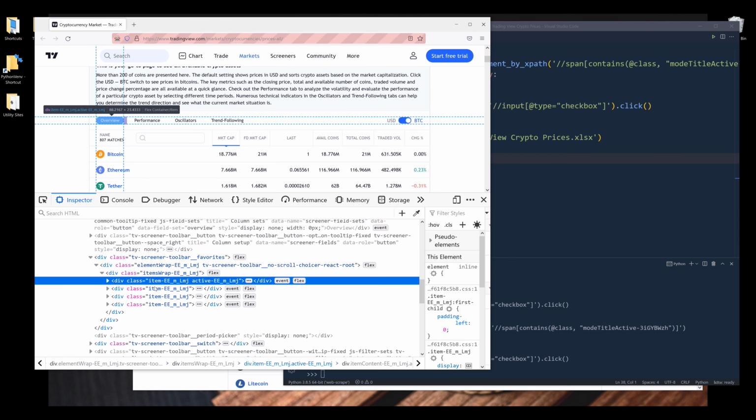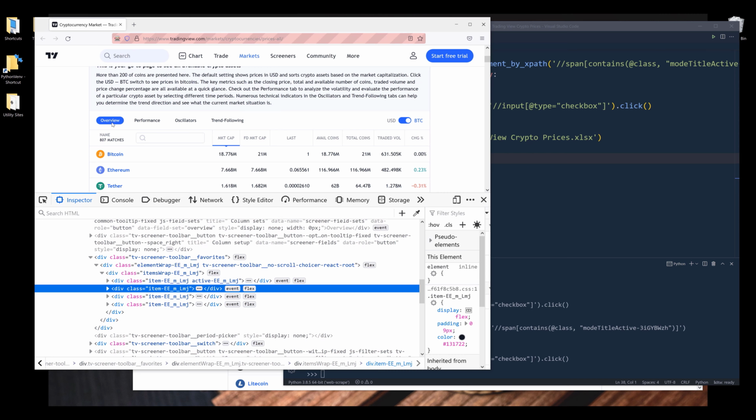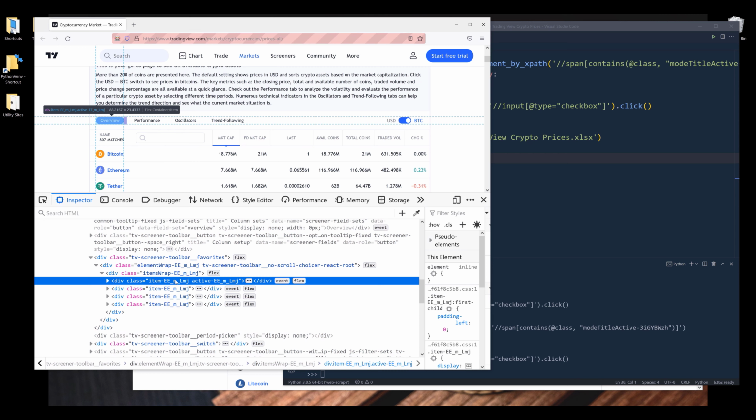Right, so I see that these 4 elements are associated to each tab. And all of them share a common class value, which is this value right here, item-ee_m_mmj. And because the active tab is going to contain this attribute value,